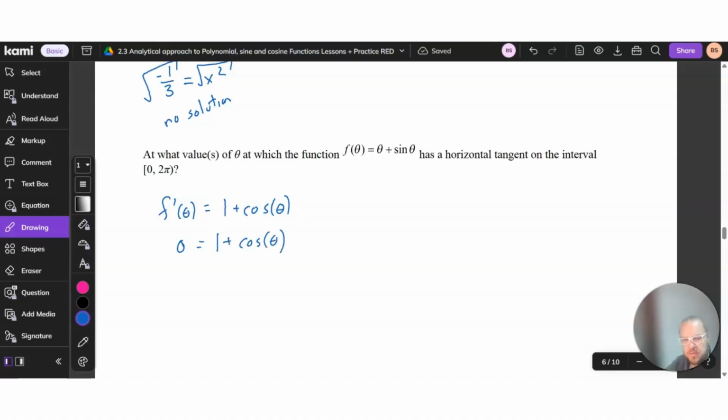And then I'm going to move that 1 over, so negative 1 equals cosine of theta. And at that point, you could do it like this, where we take the inverse of them, because this is like cos inverse of cosine of theta, and of course these cancel. And so theta is going to be the inverse of that, which